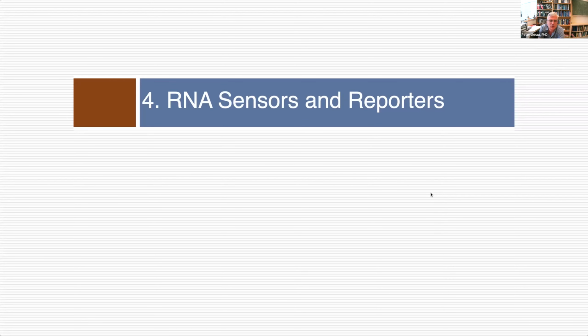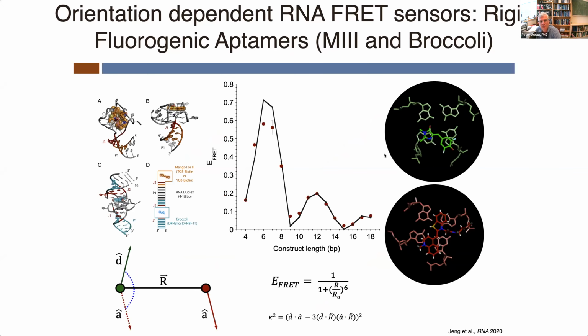The last thing I'll talk to you about are RNA sensors and reporters. And I think there's a lot of mileage in this area that my lab is currently concentrating on closely. So I think it's very interesting to be able to have FRET sensors inside cells that can read out some kind of RNA state. This is just really a demonstration that we can do this in an interesting way using what we call oriented